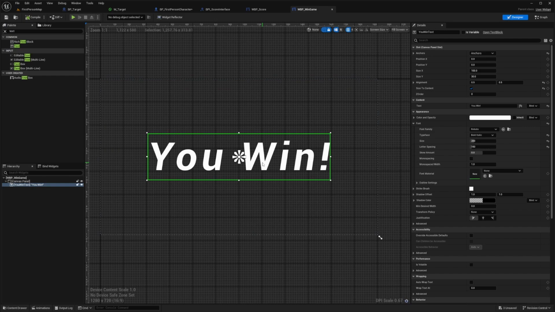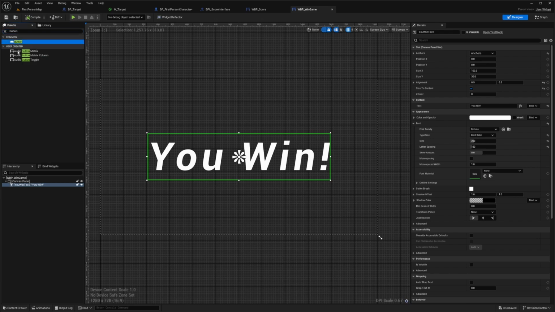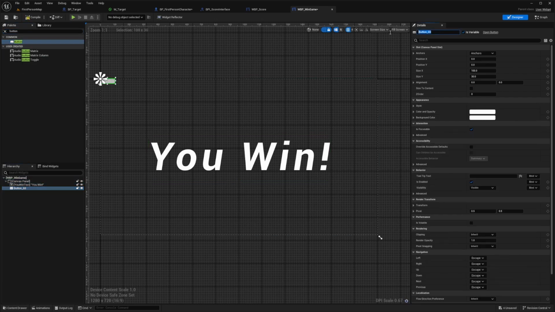But now I need to make sure there's a way to actually restart the game. So what I'm going to do is add a button right into our canvas panel. In this button, I'm going to call this restart and make sure that the is variable is checked. And now I just want to pretty up this button and make it look nice. So I'm going to go over to this anchor and select the middle one. And I'm going to reset the default values by selecting these arrows on the side,